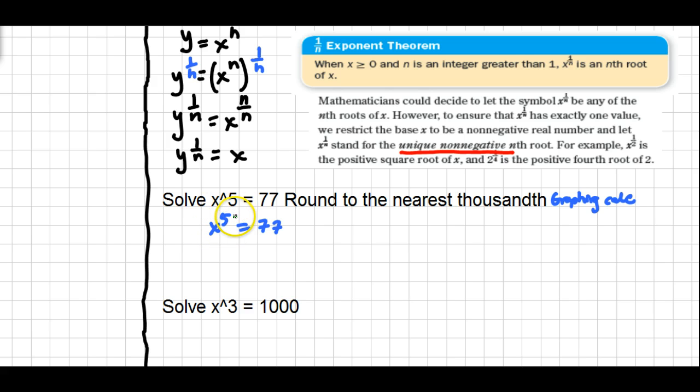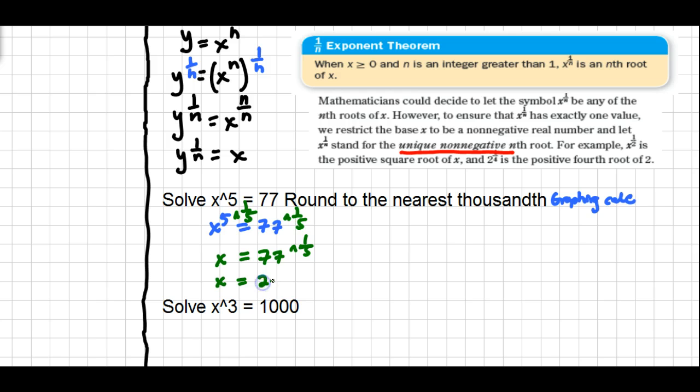So rather than using a radical here, we're going to raise it to the 1/5 power. We want to use a reciprocal of whatever the power is. The reason for that is because now we get x to the 1st, which is what we're looking for. So then students can simply type in 77 to the 1/5 power, and they'll have their answer. When you do 77 to the 1/5 power, and it's the same as you typing in 77 raised to the 1 divided by 5,